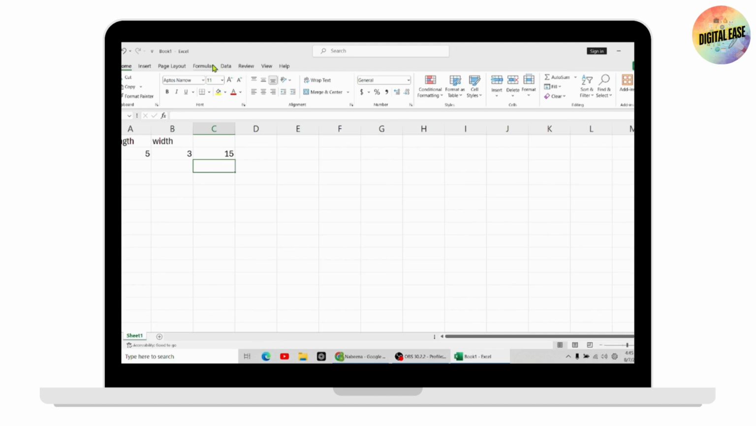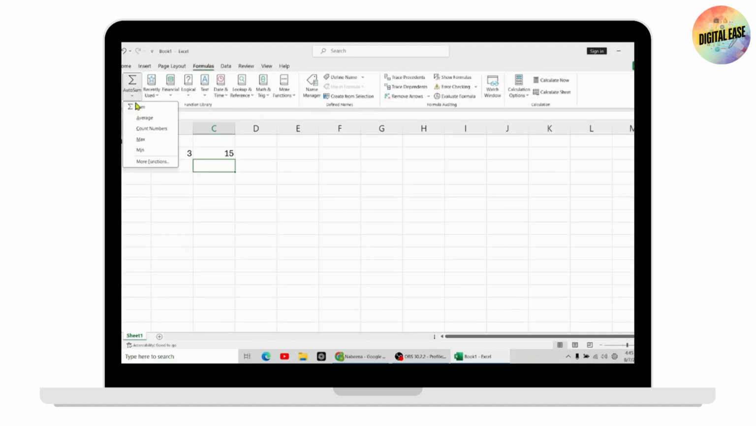You can go for formulas, which is on the upper side. So for example, you can use sum or average or count numbers, max, like that. You can use all of those formulas. So by following these steps, you can easily calculate values in variables and